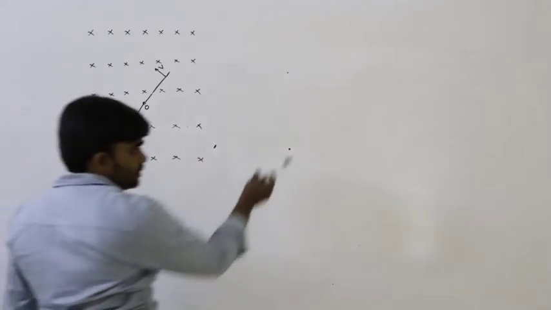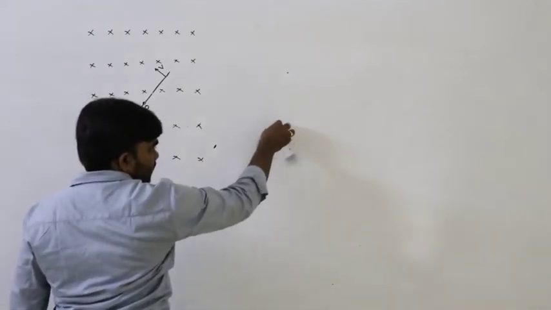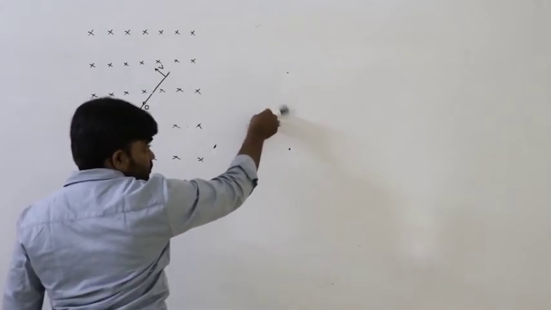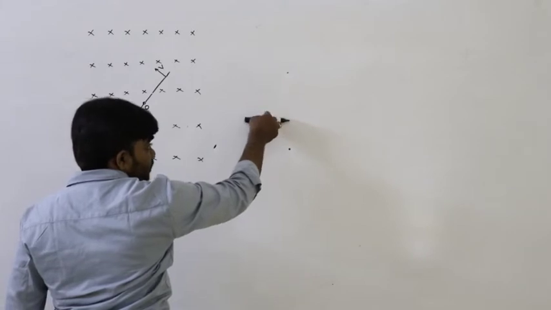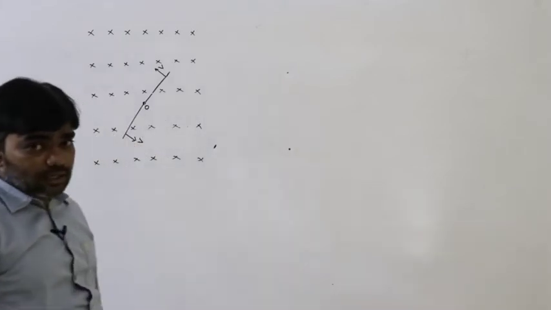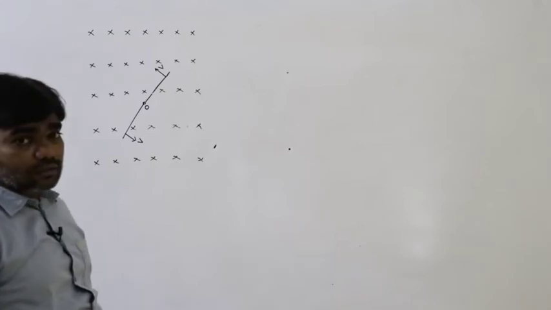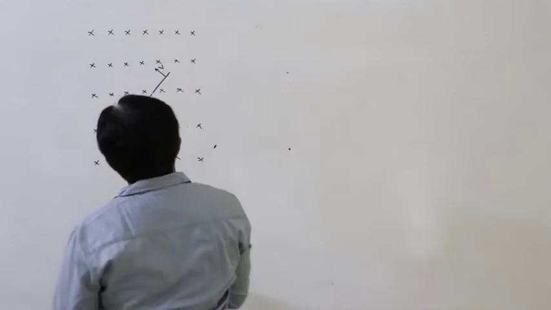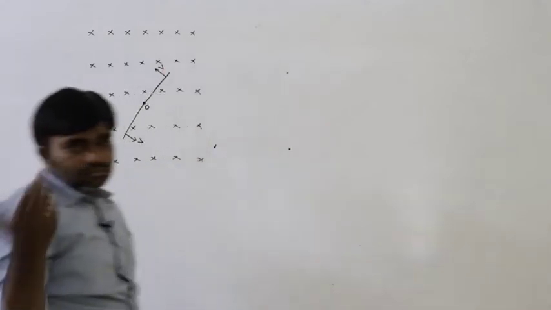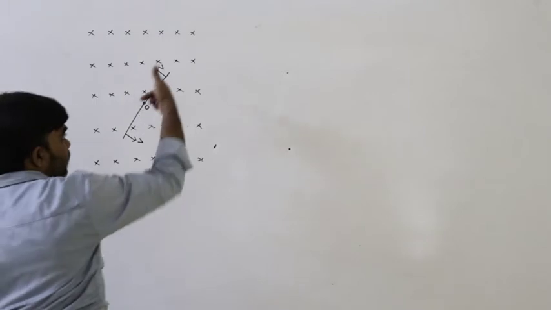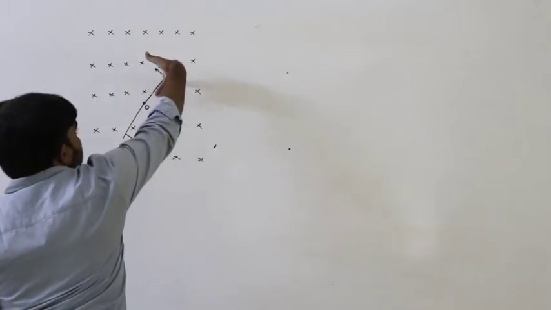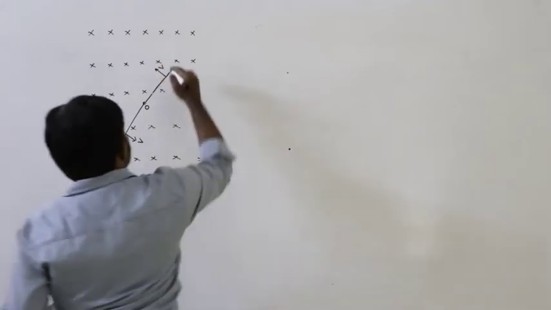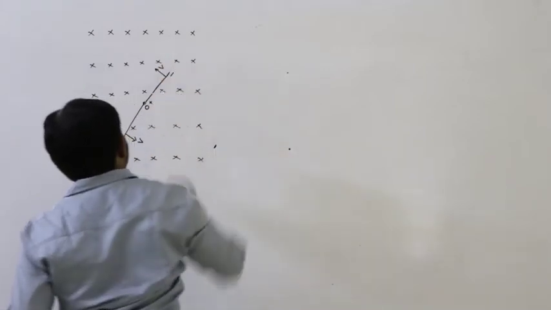In the previous case, the conductor was placed and rotated with the total conductor rotating about one end. But here the situation is, the conductor is rotating about its midpoint, in the magnetic field. This is the direction of the magnetic field. Come to Fleming's right hand rule. Forefinger indicates the direction of magnetic field, thumb indicates the direction of motion of the conductor, central finger indicates the direction of induced EMF.